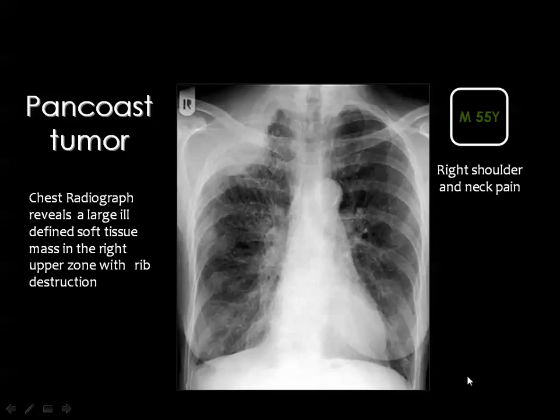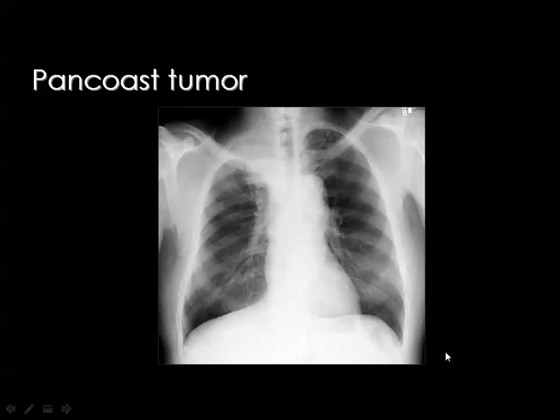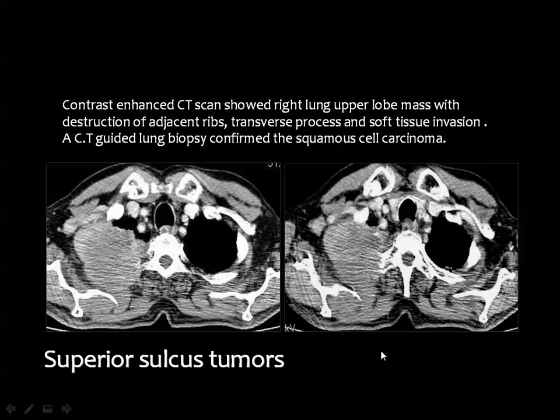One of the well-known bronchogenic carcinoma types is the Pancoast tumor, where the tumor invades the apex of the lung and usually the adjacent ribs and chest wall. Whenever we see a mass in the apex of the lung, we look carefully at the adjacent ribs for the possibility of rib destruction, and we may get the help of CT to assess the exact size of the tumor and to show that the tumor is eroding the ribs